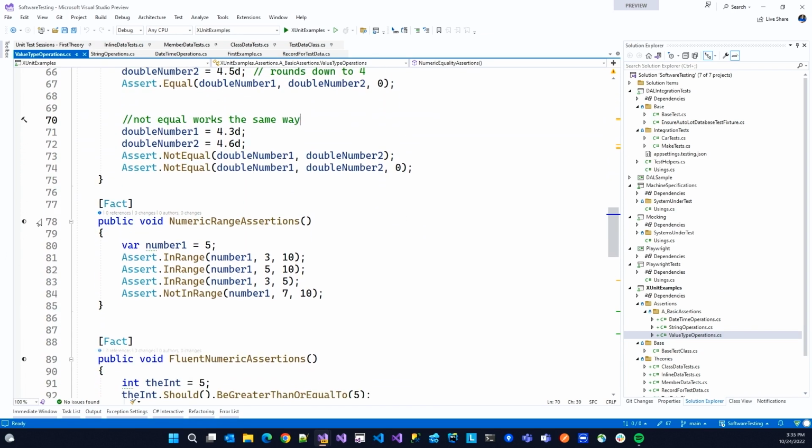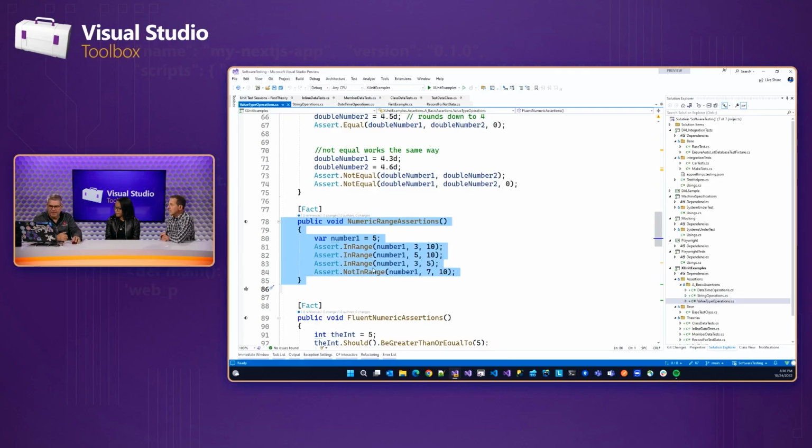But we also do ranges, and this I find very, very beneficial at times. Let's say the execution time. You're doing some performance testing. And what is acceptable? Well, it's acceptable if it's between 1 and 2 seconds, right? Or less than 2 seconds or things like that. So we can do a range.